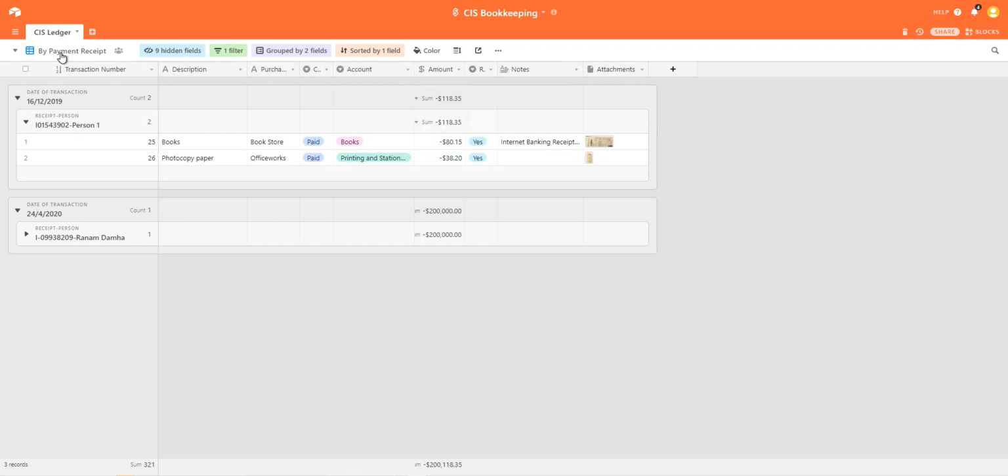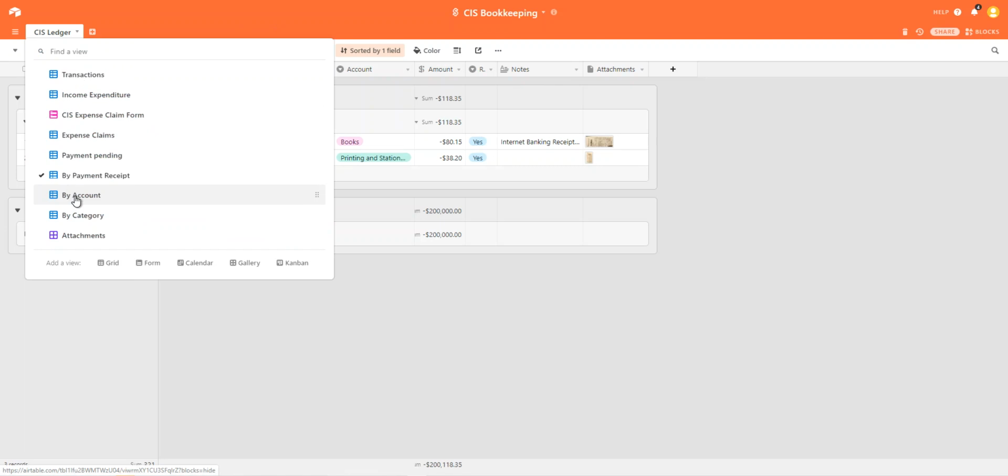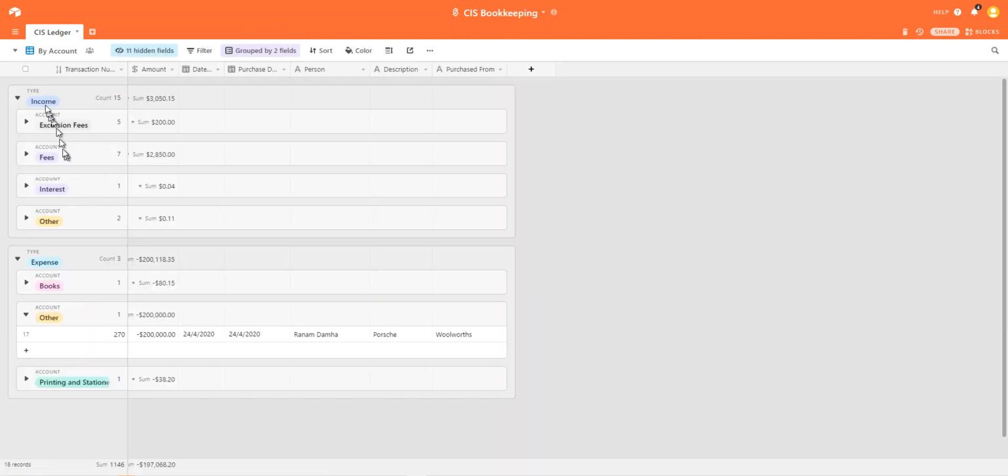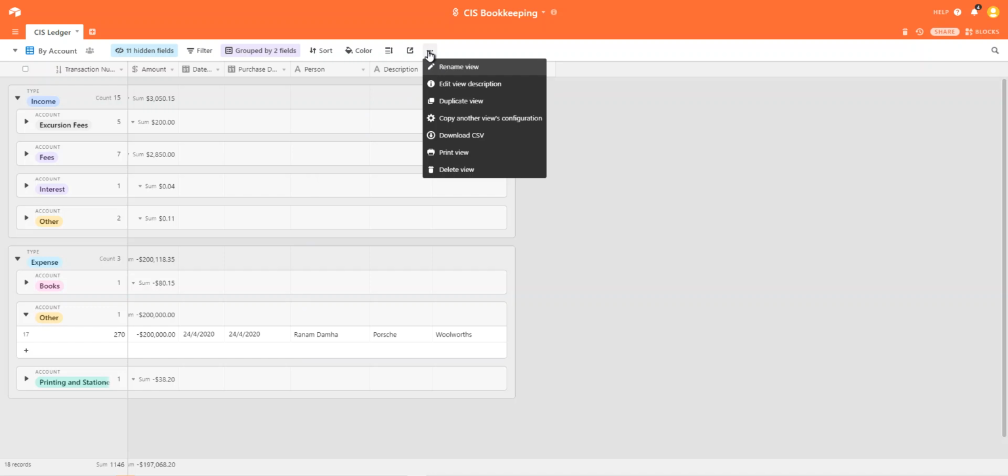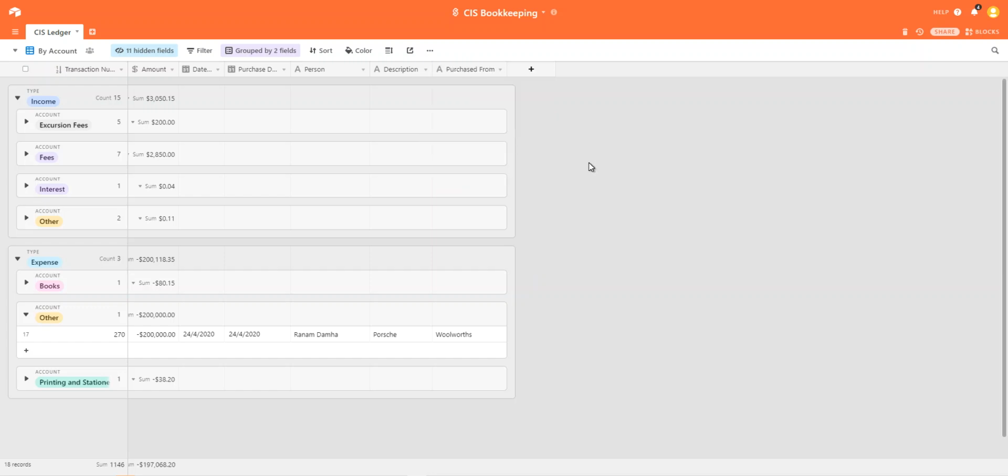Okay, so that covers the payment receipt. Now, the account view is basically your P&L report. So you can basically take this and do a copy and paste from it. You can download it as a CSV, and then pretty it up in Excel if you want for your financial statements. But if you're doing a month-by-month report at a committee meeting or something, you can basically take this